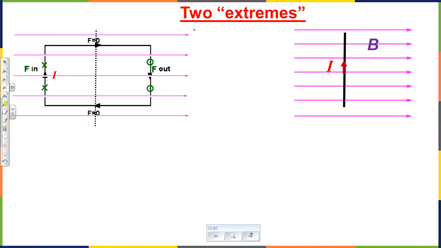On the left, a situation when torque is maximum. Now, the equation comes in a minute, but I just want to say sometimes it's very handy, very useful to look at the same loop, to look at the same situation from a different perspective. So if this is, let's say, top view, what you see from above, it will be seen in the future that sometimes it's convenient to imagine what you would see if you would look side view.